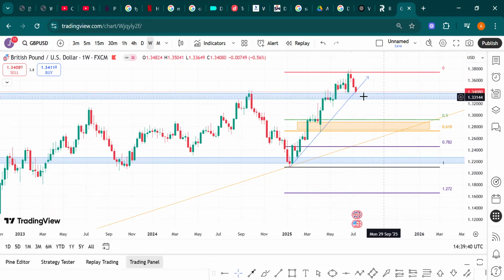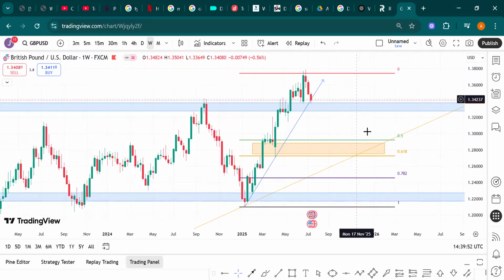Either it breaks through this zone to come down into this area that we marked out from the monthly time frame, or price will be rejected to continue in its upwards direction and maybe some other time move down to retest this zone. So if you ask me, I'll say that we'll go down to the daily time frame